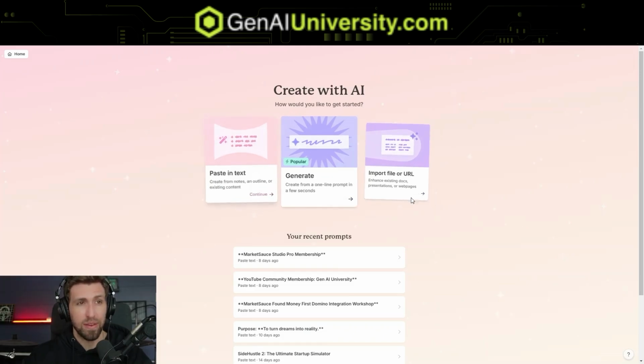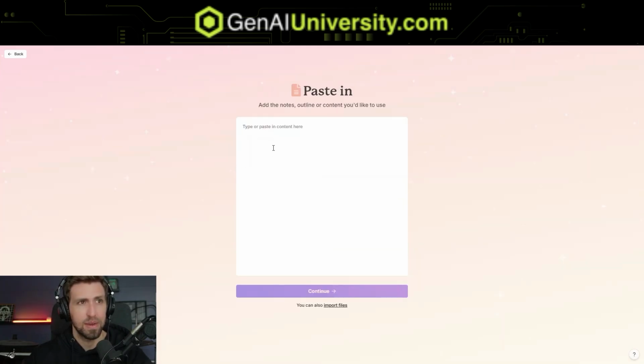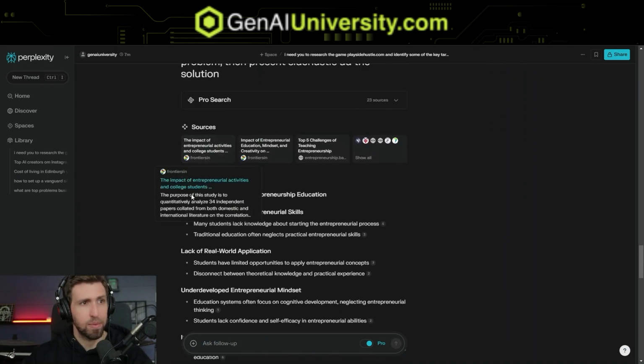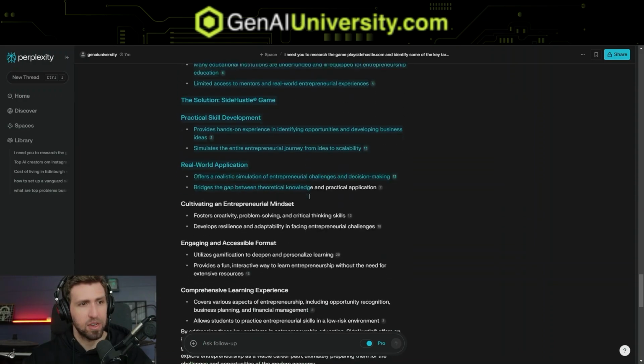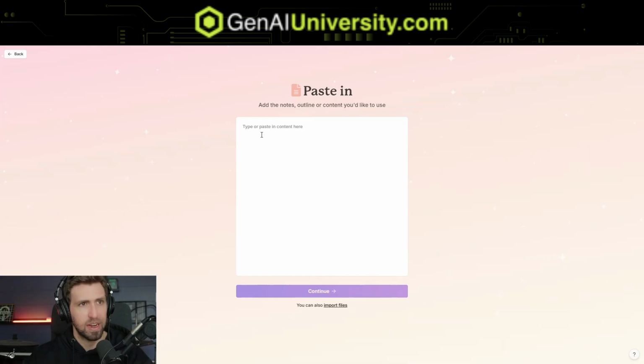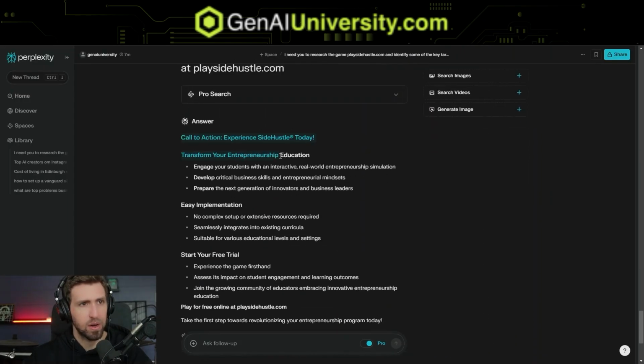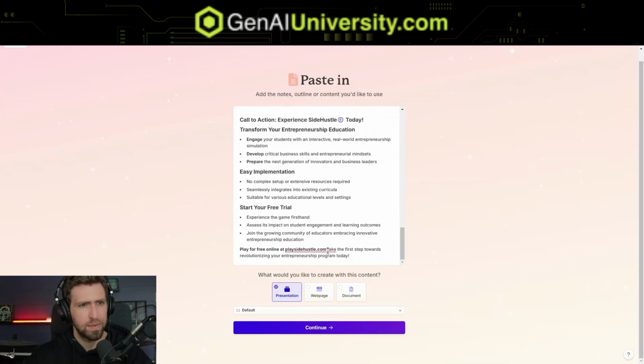And so while we have 3 options right here, I like to start with pasting in text once I already have an outline, because I know the direction I am going with that. So I'm going to select pasting in text. And now I'm simply going to copy and paste over the content that I want to inform Gamma and the AI that's powering the development of their tools, so it's in the right direction. So I'm going to jump into my Perplexity one more time. The problem, gaps in entrepreneur education. Copy that, provide the context here in Gamma. I'm also going to copy the last one, the call to action, and we'll paste that in.